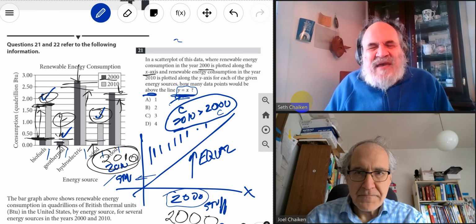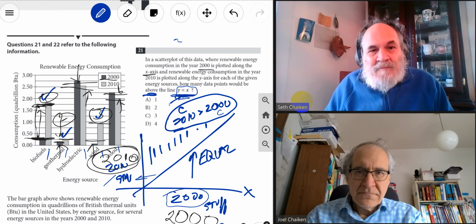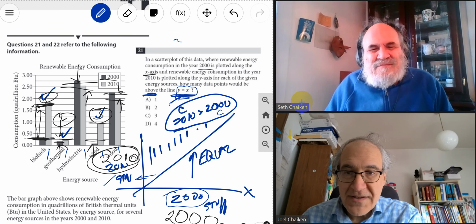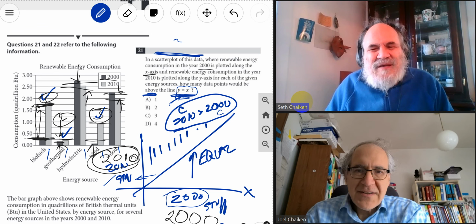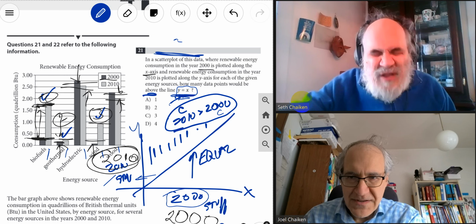So the same data that's in the double bar chart can be presented on a scatter plot, but they chose not to deal with the entire scatter plot with all the information in the scatter plot. Right. Yeah. In fact, that's the other point, is that some people may not know what a scatter plot is. A scatter plot is a plot of one piece of data against another piece of data. One piece of data on the x-axis, one piece of data on the y-axis, and then you figure out what the